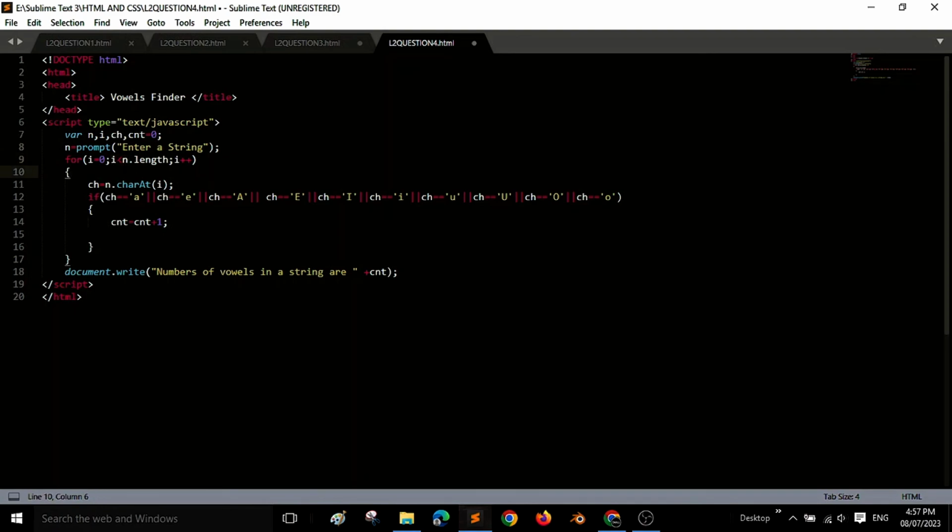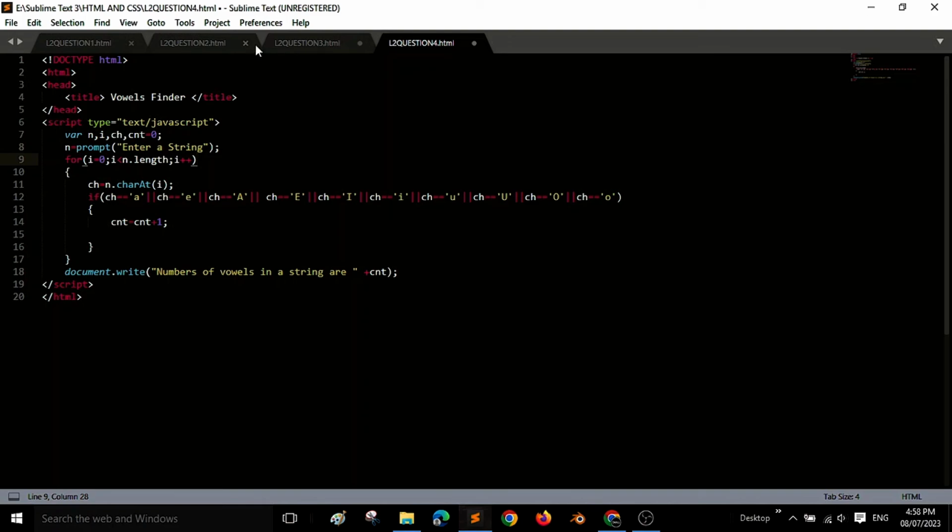I should be less than the total number of characters in a string, right? It should be less. So until and unless i is less than n, the loop continues repeating. Now let's move further. You can also see i++, as we have discussed earlier, i-- and i++. After each repetition of the loop, the i counter is increased by 1, and all that is done by i++. It increases the value by 1.